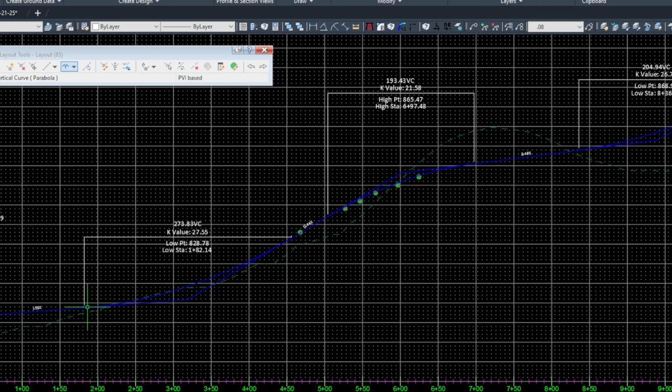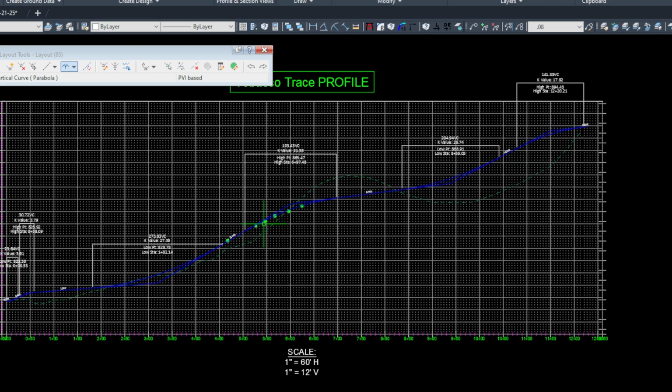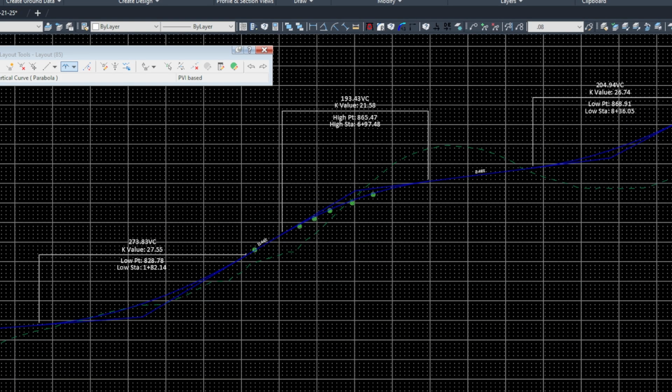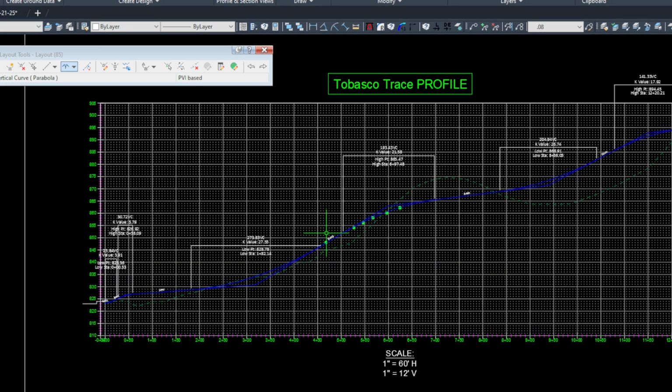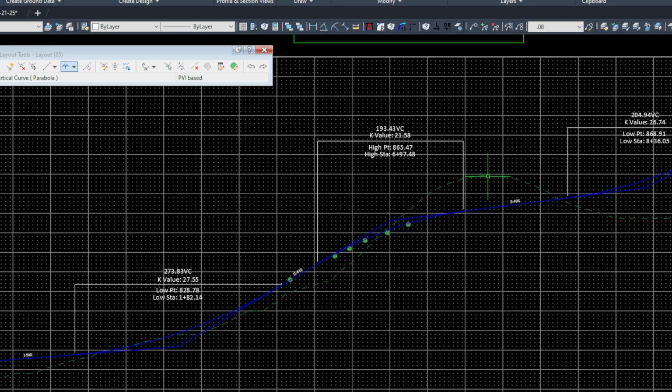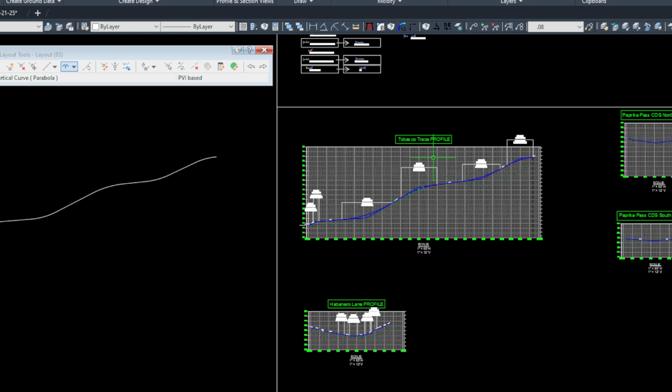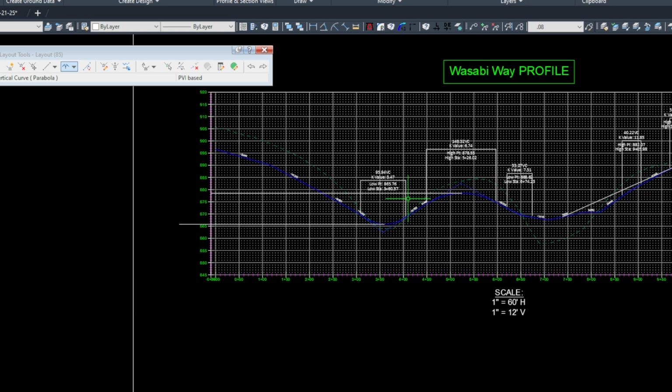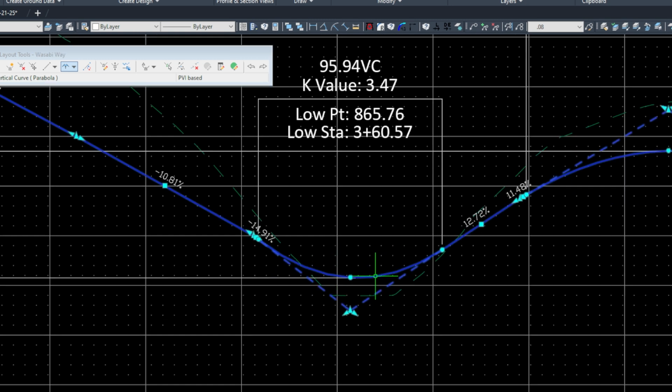And so now you have your vertical profile drawn, again with as few vertexes as possible. It's a nice, smooth, pretty looking road with few changes in slopes, and then curves that connect those changes in slopes. So you always want to try and draw something that looks like this, as opposed to something down here where we have, as you can see here,